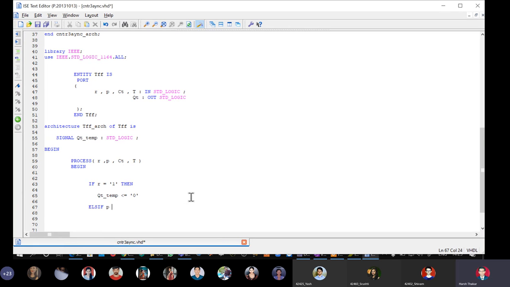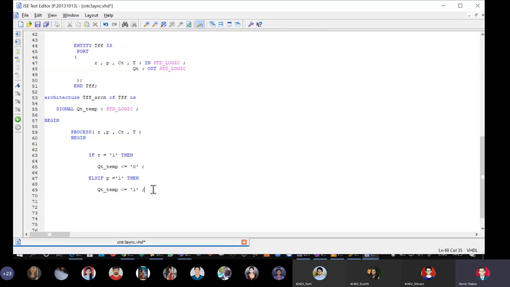Else if preset comes as 1, then qt_temp should be assigned 1.